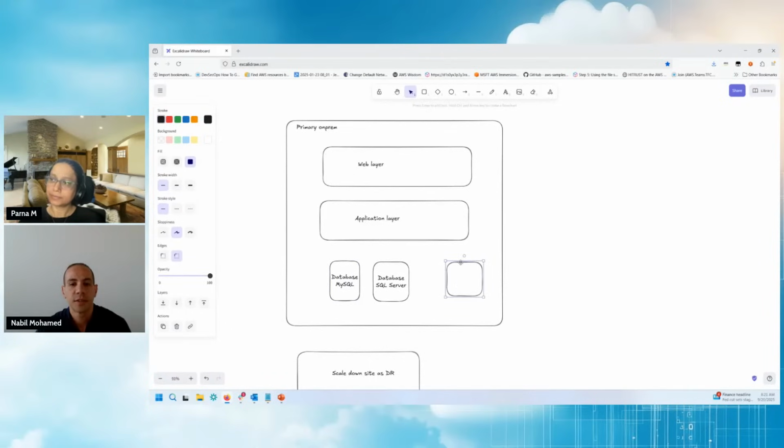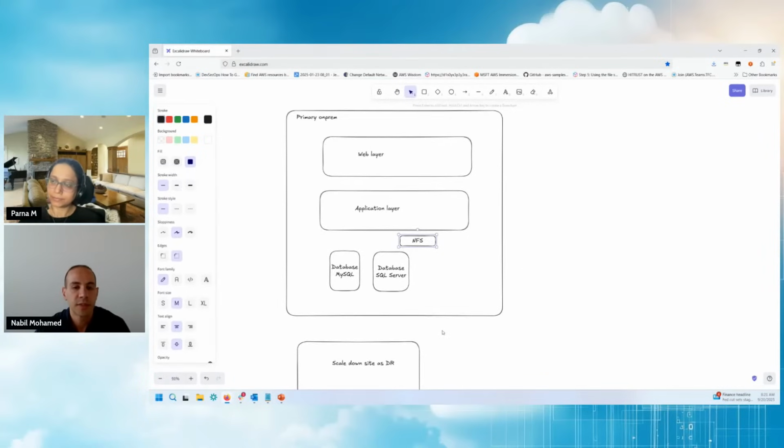So we have an NFS layer here that's across your application. Okay, that's awesome. Yes. That sounds good. And then how about the DR environment? Does it also have a database for each of these as a scaled environment, or is it only the databases up and running, or do some customers do both? So only for our critical applications. Like I said, it's just about 60% mirroring our primary site. Yeah. So only for our critical applications.